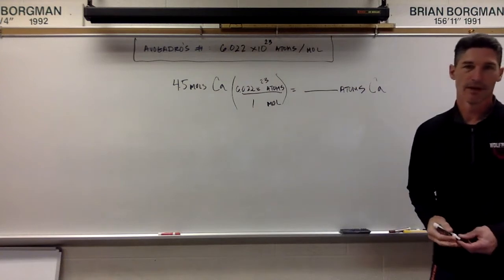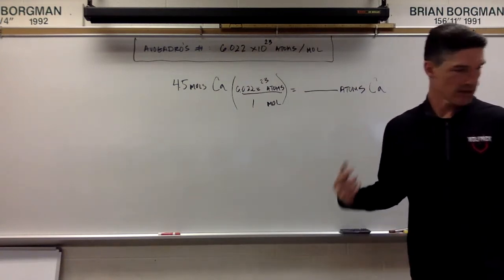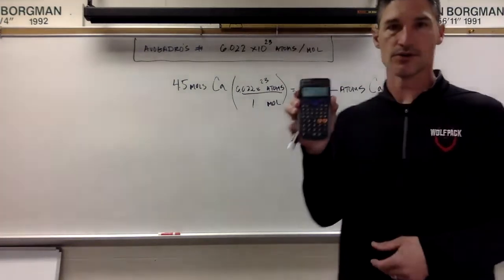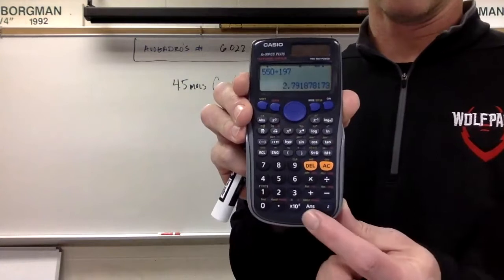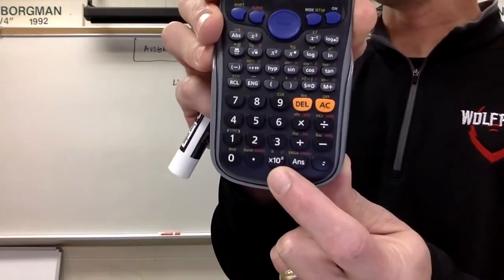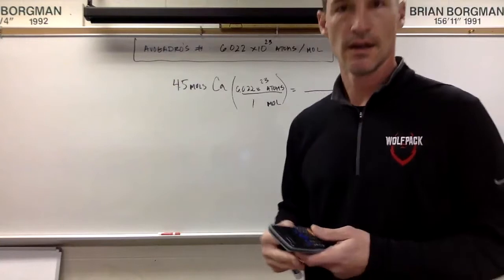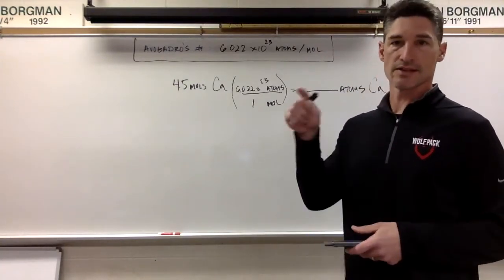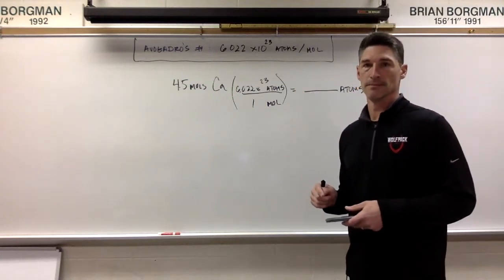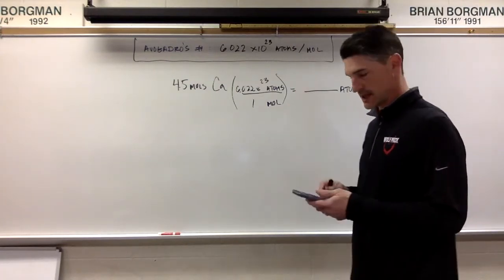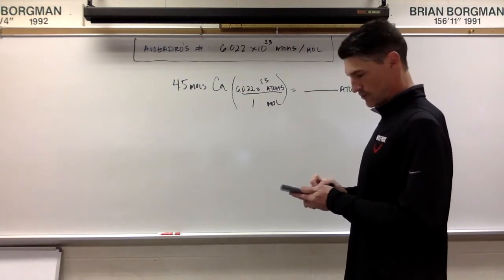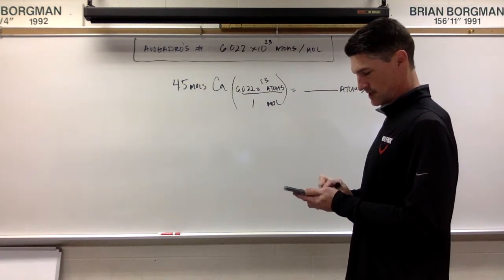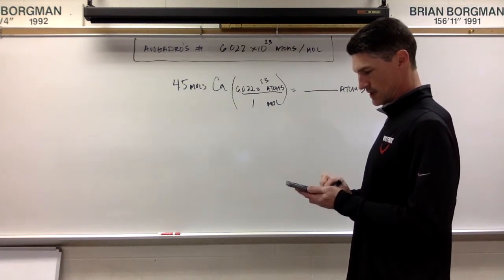Now I just type that into the calculator, and this is where you guys have to make sure you know how to work your calculator so you can get the right answer. I'm using one of the school's, which has this cool little times 10 button right here. If you're using a TI, you're going to have to use the second feature to get to the double E button. So I'm just going to take 4.5 times 6.022 times 10 to the 23rd power,